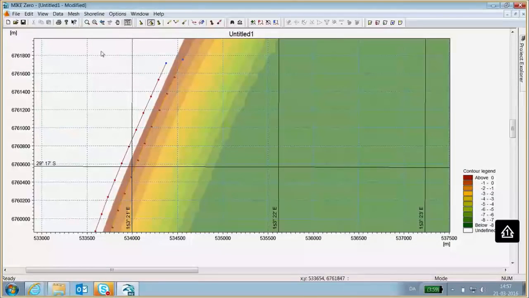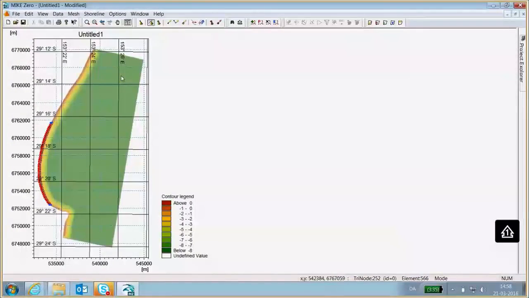So that's good. The next thing we want to generate is the edge map. And we do that by specifying the offshore extent of the map. The shoreline tool here uses the baseline as the inshore extent of the edge map, and an arc that we draw on the offshore part to define where this edge map is going to be drawn.